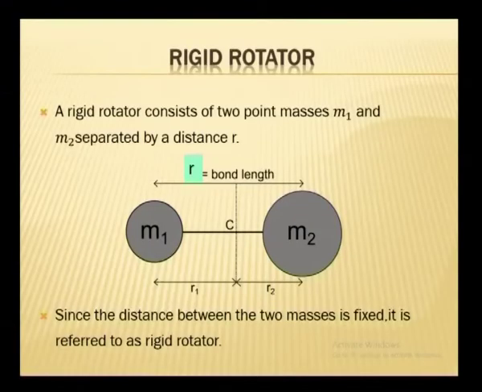Then we move on to what is called the problem of the rigid rotator. So far we have been talking about a proton and electron in a two body problem. Now we move on to a rigid rotator. What is a rigid rotator? A rigid rotator may be something like carbon monoxide, CO. It is a diatomic molecule. You have carbon here, oxygen here, two atoms, and around this axis the whole thing rotates. It is called a rigid rotator.